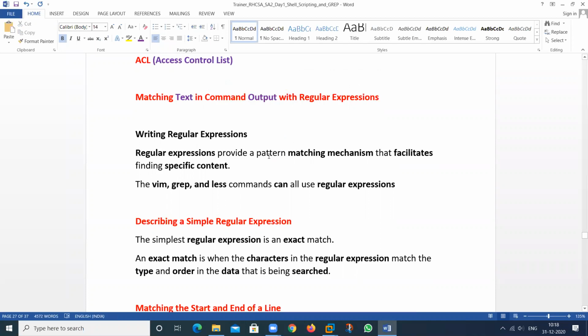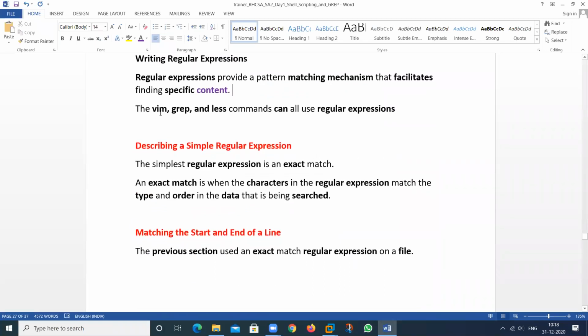Regular expressions provide a pattern matching mechanism that facilitates finding specific content, and what type of content you want to find is basically handled by grep. We can also use vim and less commands for regular expressions, but in this session we will discuss grep. What grep is and how to use it, I will discuss in this talk.